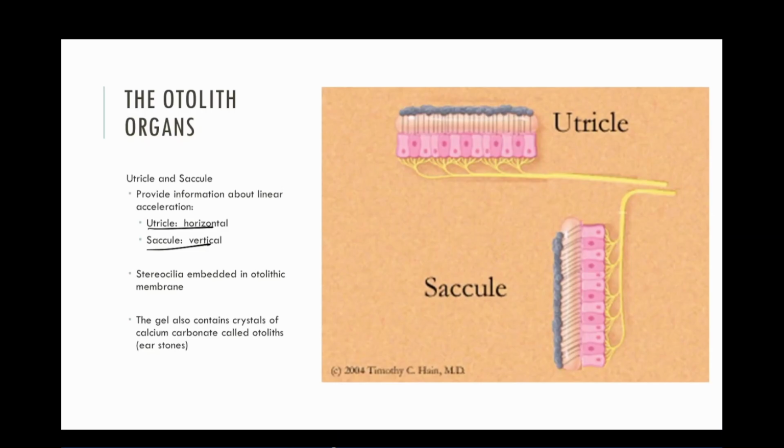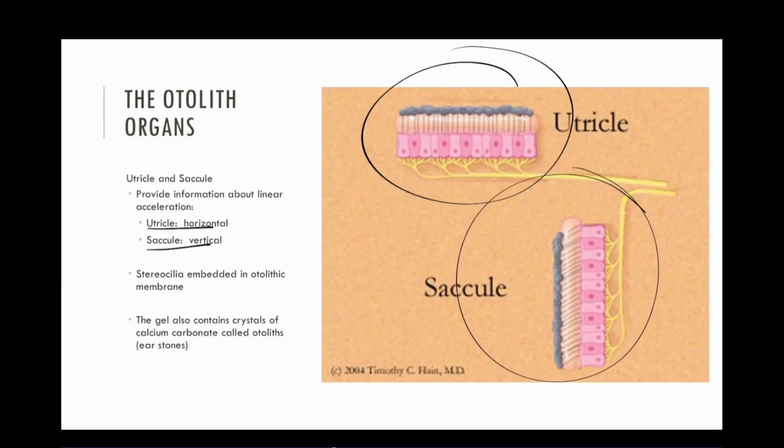So remember, these are all covered in what? What do these reside in? Like a jelly substance, some fluid that's there. So, utricle, horizontal movement. I'm walking this way. That gel is hitting that direction, and all these stereocilia bend in one direction. That's how I know I'm going horizontal. The saccule looks at vertical changes. So I'm looking down. All the gel pushes down on that stereocilia, bending it toward a certain direction. That's how I know I'm looking in a